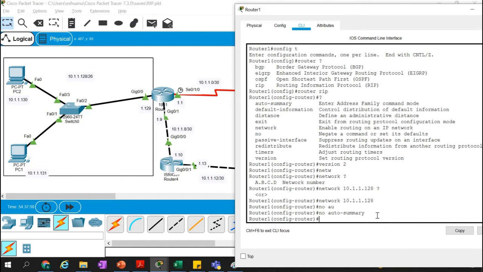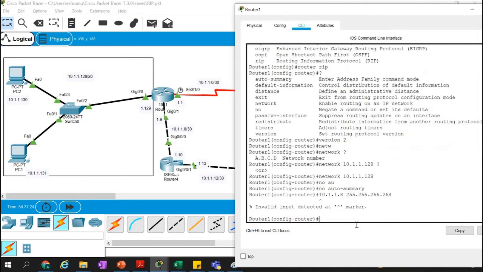Okay, and next we have to advertise this. No auto summary we can give at the last, not a problem, but now I have to advertise this network, 10.1.1.8. I think I have to use 255.255.255.254, if I can give it or not.